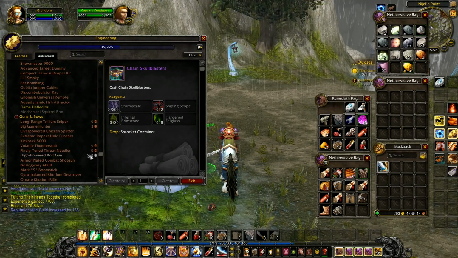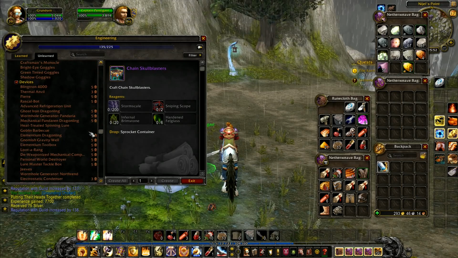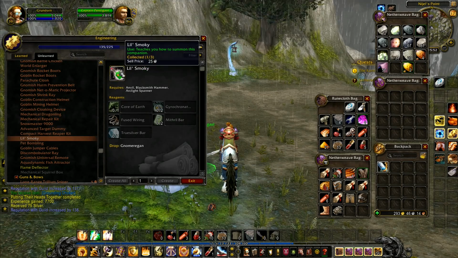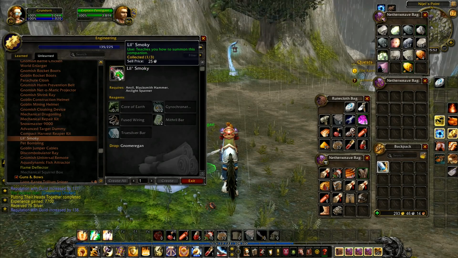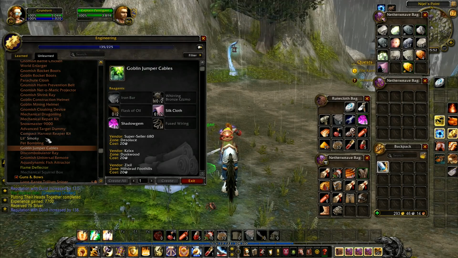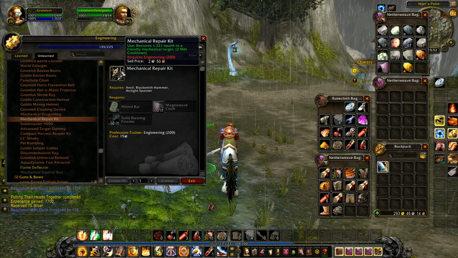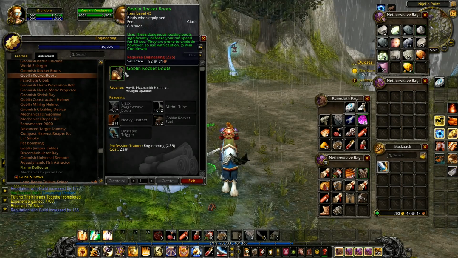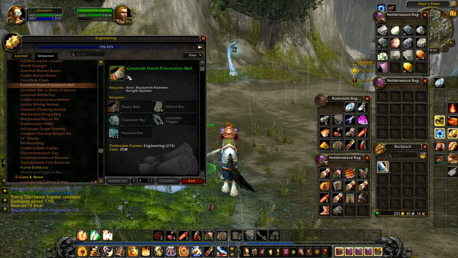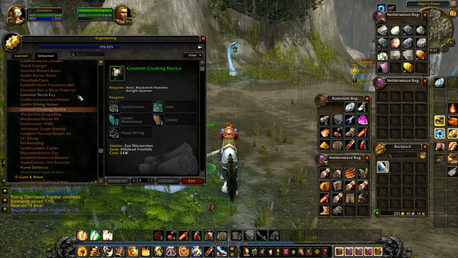Fireworks. Cogwheels. Scope. Gun and bow. Flame deflector. It's got to be some of these then. Yeah, it's got to be under the devices. I'm sure of it. So, Lil Smoke. Yes, it is. Use: teaches you how to summon his companion. I don't want to do that. Pet bombling. Goblin jumper cables. That's the recipe for those. Discombobulator Ray. Is there actually an... I thought that some of these were trinkets. Goblin rocket boots. Parachute cloak. And a leather belt. I really did think that some of these were actual...